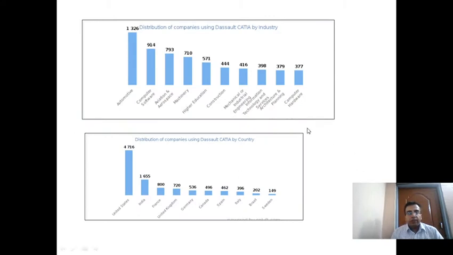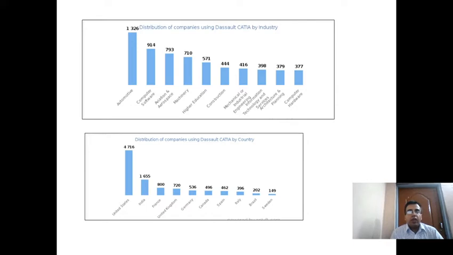Now if we see here, in the world, approximately 1,326 companies in the automotive sector and 793 companies in aviation and aerospace are using CATIA. Apart from this, in computer software domain, so here I would like to explain that in this particular domain, CATIA की popularity बढ़ने का reason है its PLM module, that is the Product Lifecycle Management module. Its name is Innovia. PLM के concepts के बारे में हम आगे के sessions में discuss करेंगे.